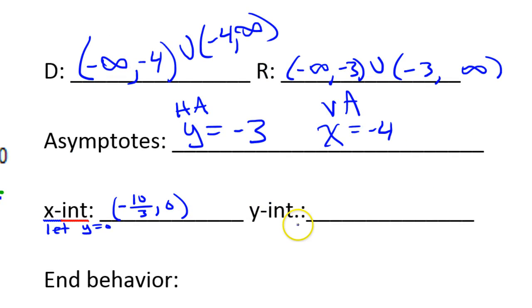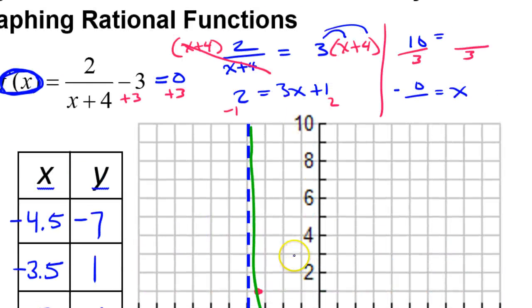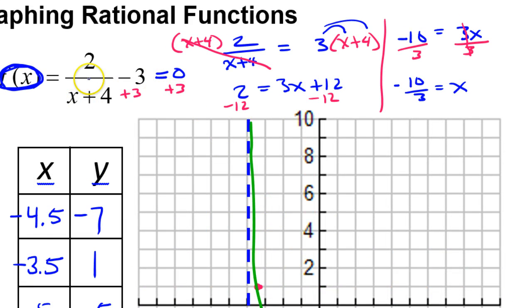Now for the y-intercept, we let x equal 0. So you see the pattern here? If I want the x-intercept, I let y equal 0, which makes sense because the y should always be 0 for the x-intercept. And if I want the y-intercept, let x equal 0, which makes sense because the y-intercept is always 0 comma something. So the x value, of course, has to be 0. So if I let x be 0,